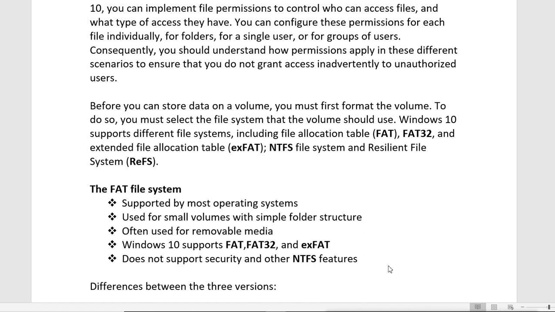Why? Because you can connect the removable media to any operating system. You can connect it in Windows, in Linux, in any other operating system, and it will be detected, because everyone supports it. So basically it is used for removable media like your flash drive.